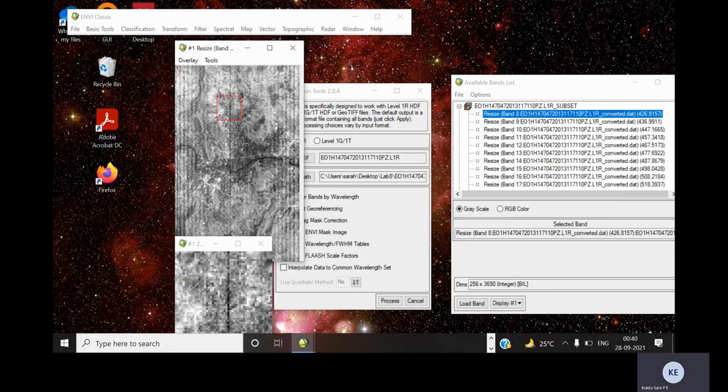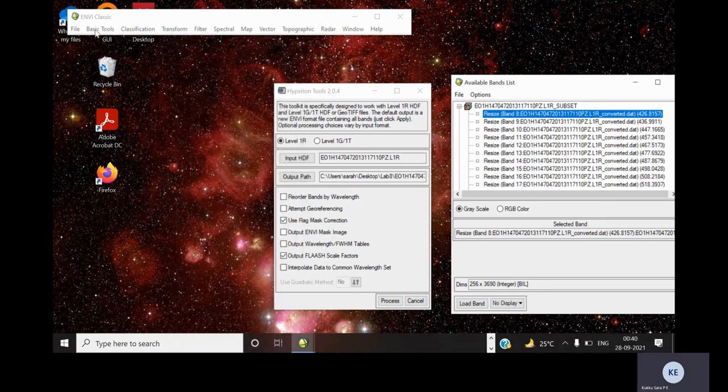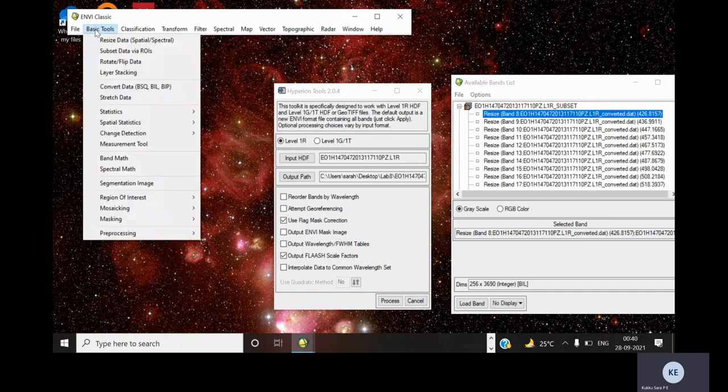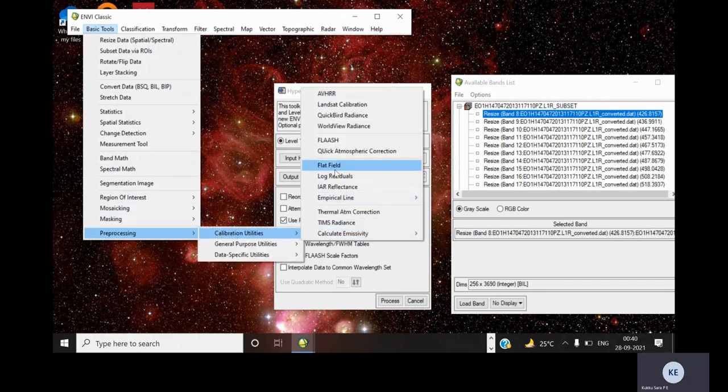Close these windows. Now for applying atmospheric correction, go to basic tools, pre-processing, calibration utilities, and inside that both the quick atmospheric correction and flash atmospheric correction tools are available. For today's lab, we will use flash atmospheric correction.